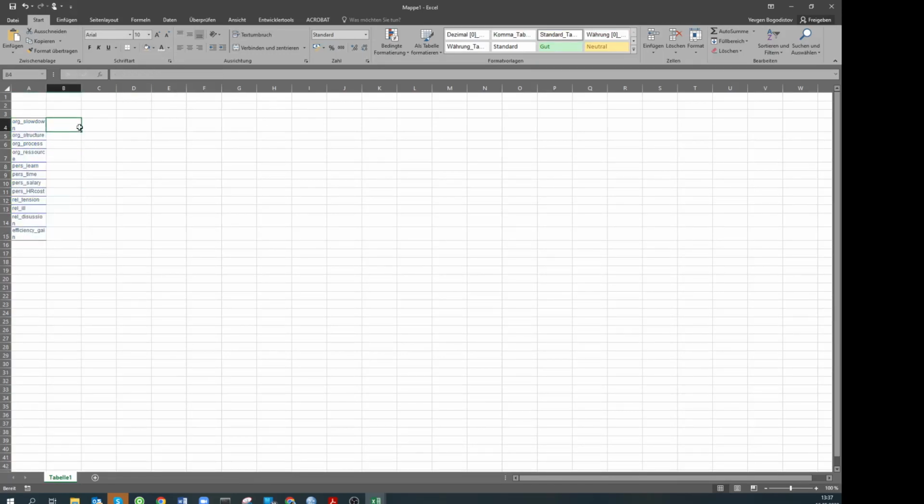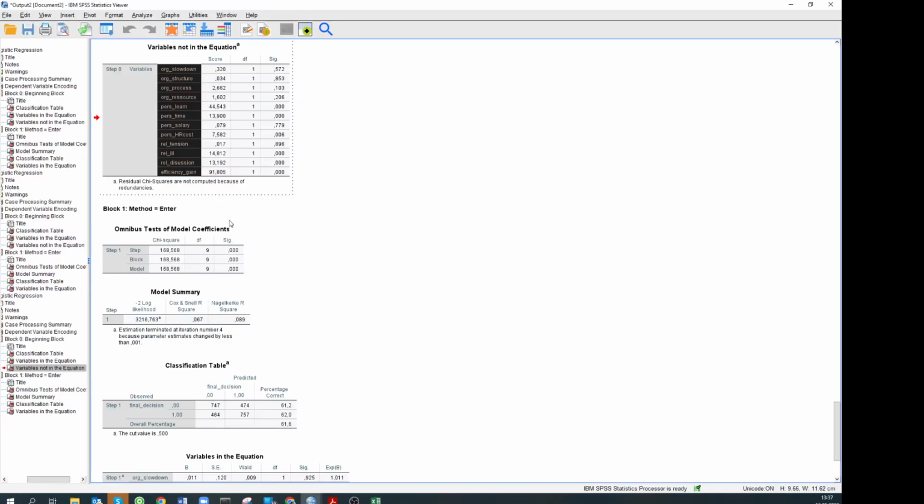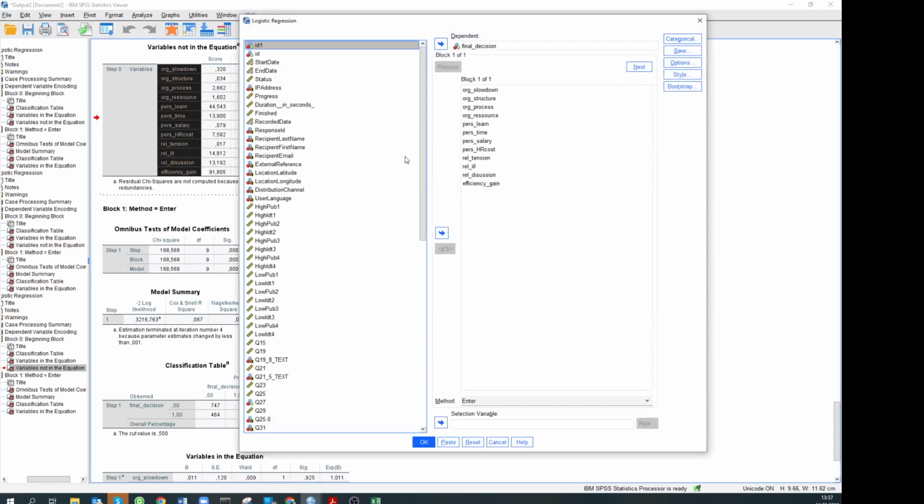This is the attribute organizational costs. This is the attribute personal costs. This is the attribute relational costs. And finally, we have the efficiency gain. It is a scalable variable. Now we try to add them one by one into our model and see what is going to happen. So we go to Logistic Regression and remove all the items apart from those which relate to